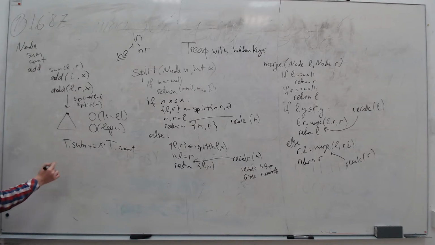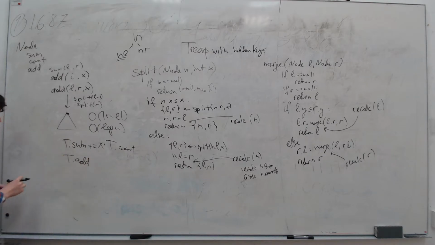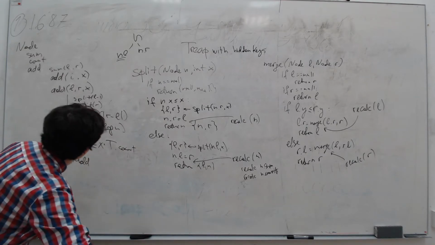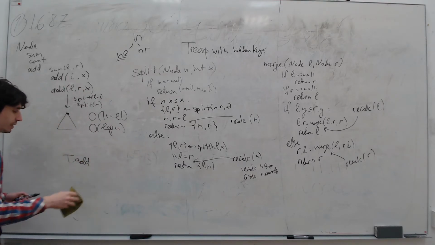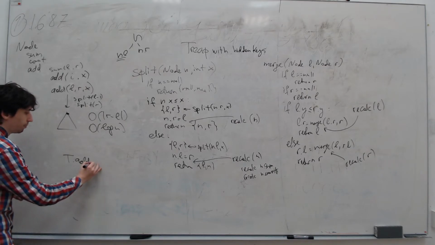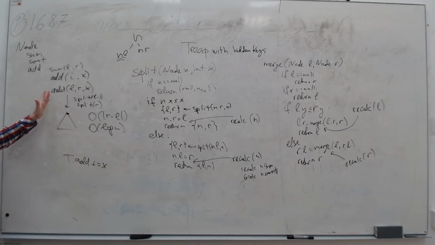So you will say here t dot add. Sorry, we will not do the sum thing. We just tell t add plus equals to x. Why is it plus equals? Because, for example, we may have two operations at the same time: add L R X and add L R Y.